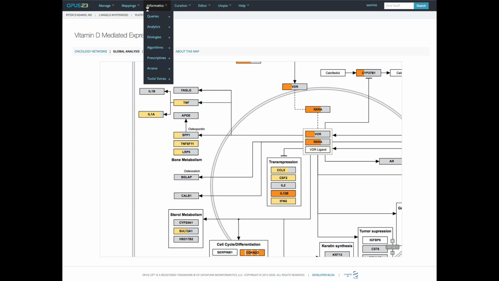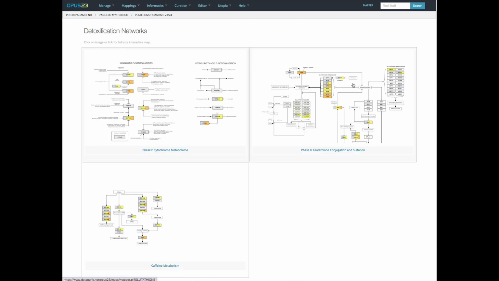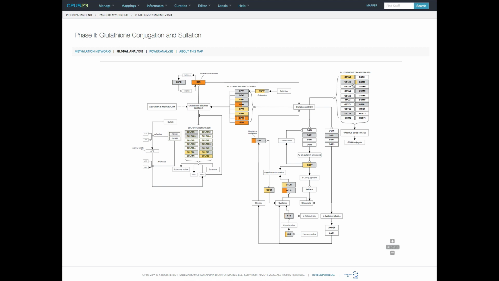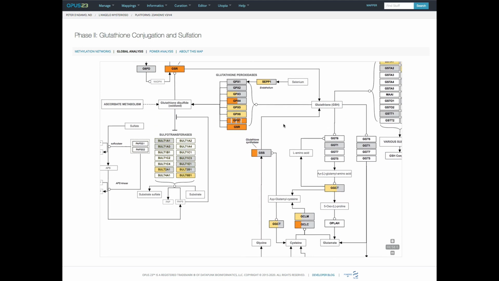We also have explored at least one map here, vitamin D, but let's go take a look at another one. How about detoxification, shall we? Here, let's go look at glutathione. Here's a map of phase 2, glutathione conjugation and sulfation, and we can see here that perhaps maybe we need